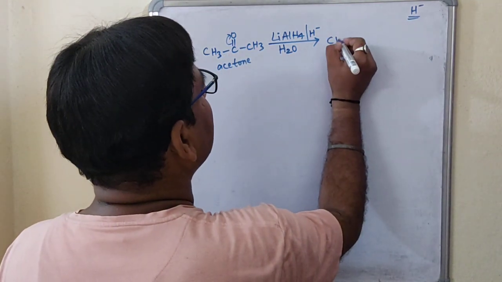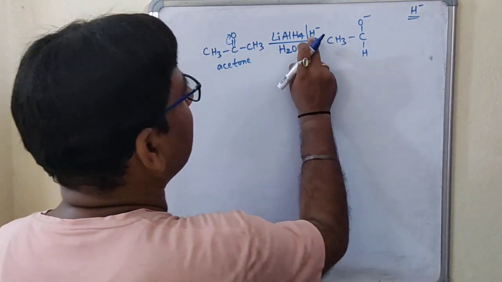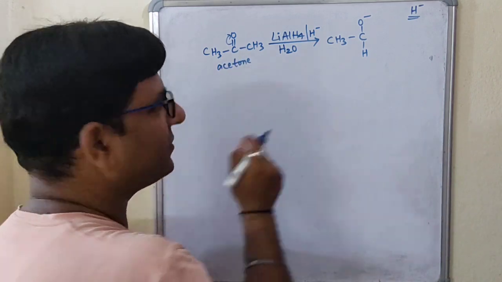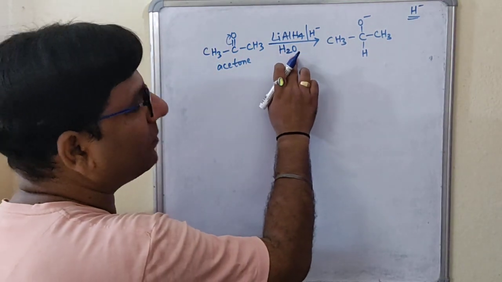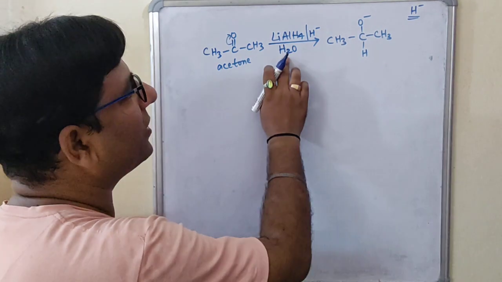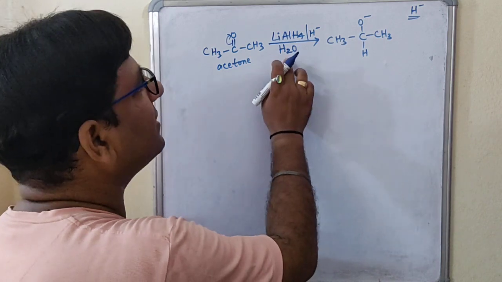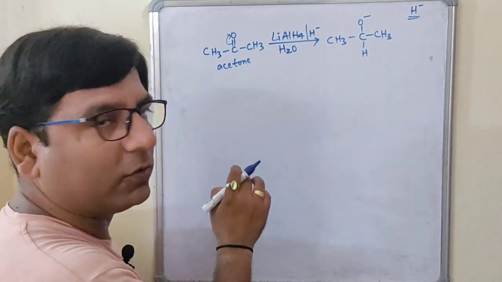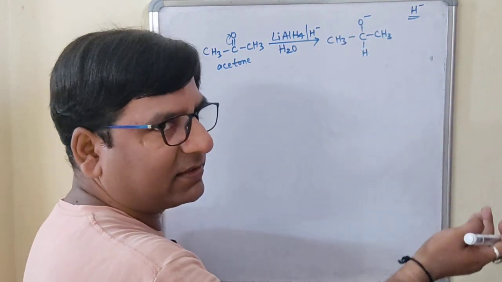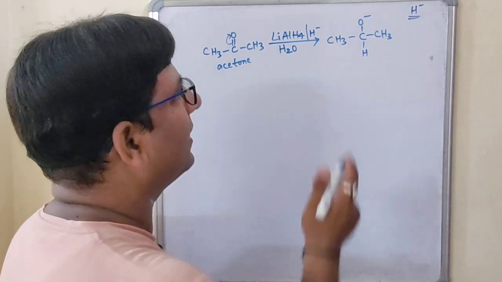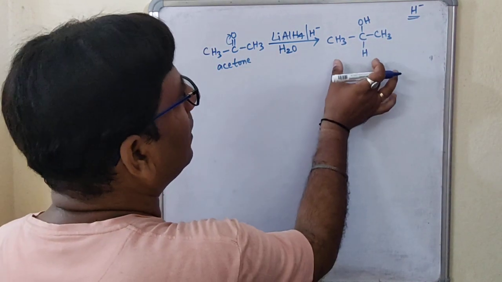So what we will get here? CH3, C, O minus. Here it will be hydrogen, with the H minus that has been attached to this carbon carrying the positive charge, and here it is CH3. Now as I told you, student, this water molecule we are using will provide proton. We will use the H plus of this water molecule. Where will this H plus go? Definitely it will go and attack this O minus, because plus will go for the minus. That is the basic rule of organic chemistry. So here it will be OH. So this is the product you are getting.